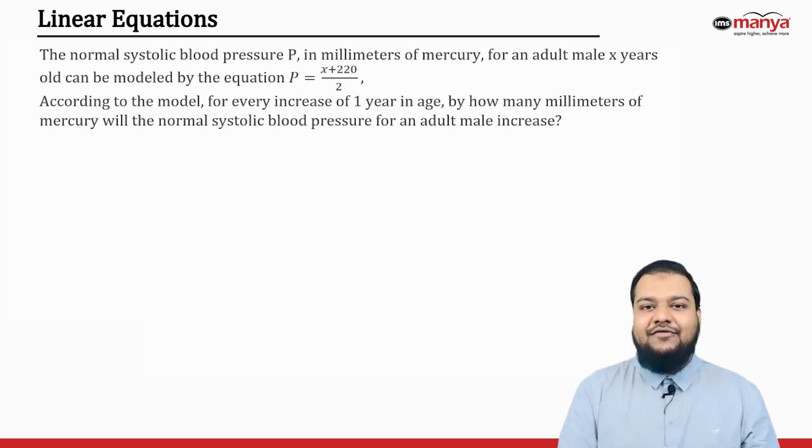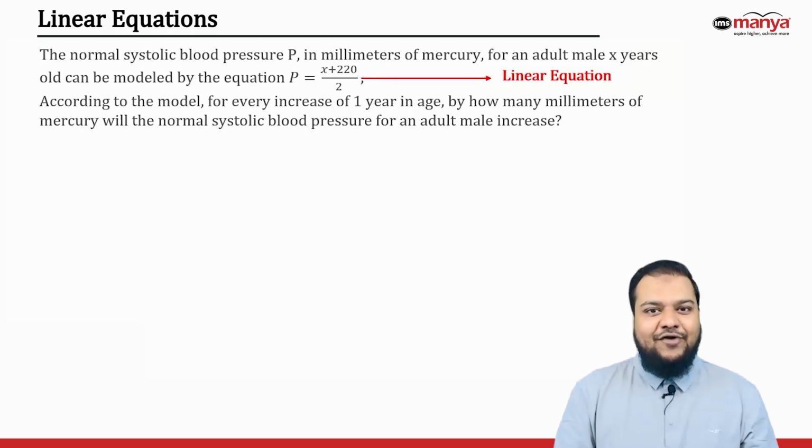So here we have a word problem with an equation given in the question. As I always say, we need to think why the test maker is asking us such questions. Always think like that. Whenever you have a word problem which has an equation, focus on the equation. So if I start focusing on this, it's nothing but a linear equation. Whenever there's a linear equation, trust me, SAT test makers want to see how much you are inclined,